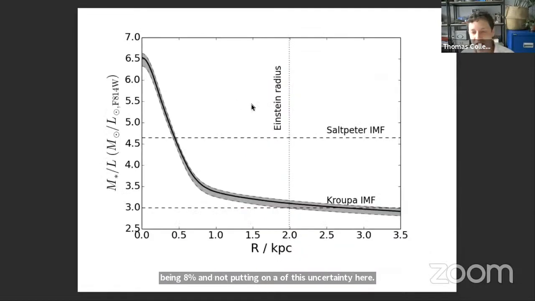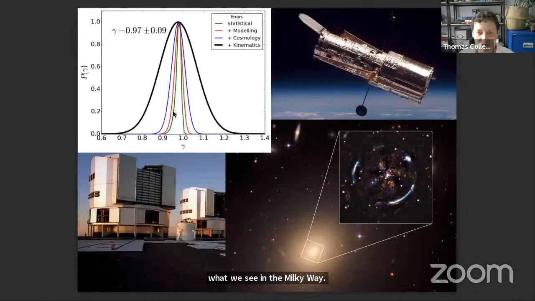As a nice astrophysics aside, the interesting thing that came out in terms of what the stars must be doing in this lens: the mass to light ratio is consistent with a Milky Way-like mass to light ratio at large radius, whereas at the center, there's about twice as much mass per photon that we receive than you would have expected if the initial mass function of the stars were consistent with what we see in the Milky Way. Anyway, that's the end of my talk, the summary.